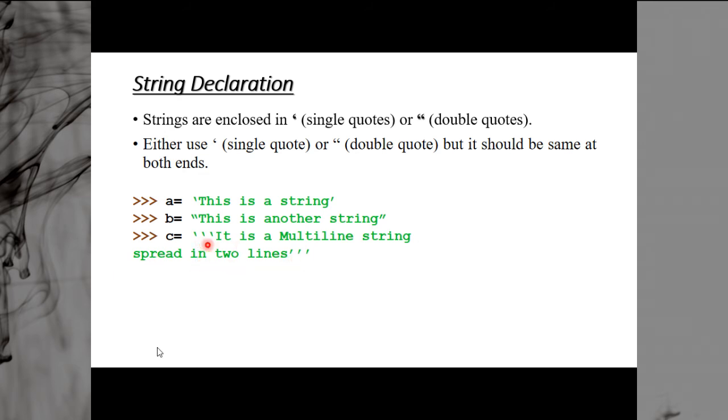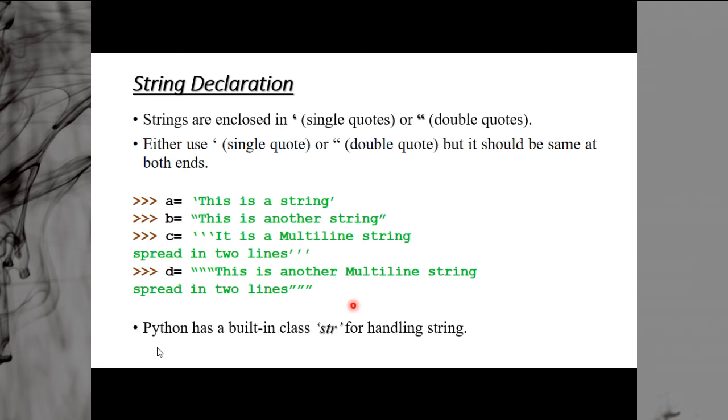Another way is d is equal to triple double quotes, consecutive triple double quotes. This is another multi-line string spread in 2 lines, and again closing is in the same way. So this is how you can declare different types of strings.